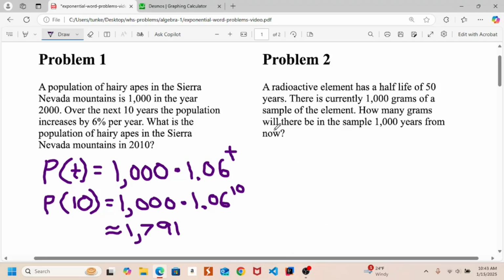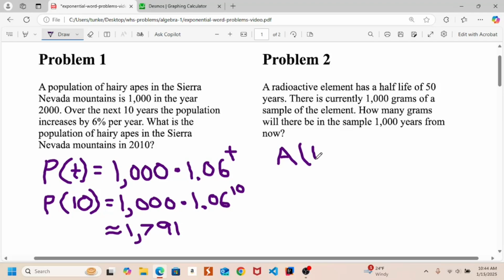Okay. Next one, a radioactive element has a half-life of 50 years. There is currently 1,000 grams of a sample of the element. How many grams will there be in that sample 1,000 years from now? Okay. So to set this up, we'll say the amount